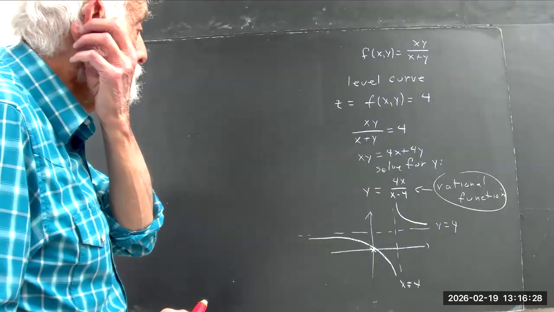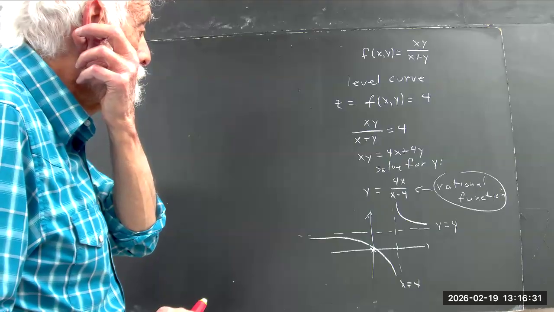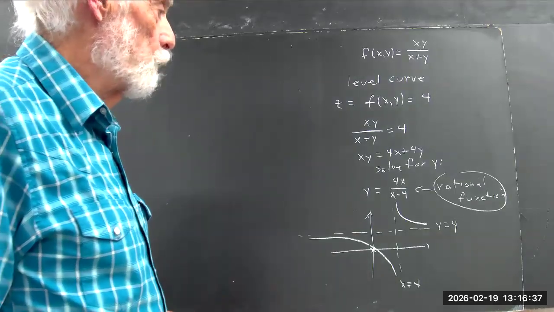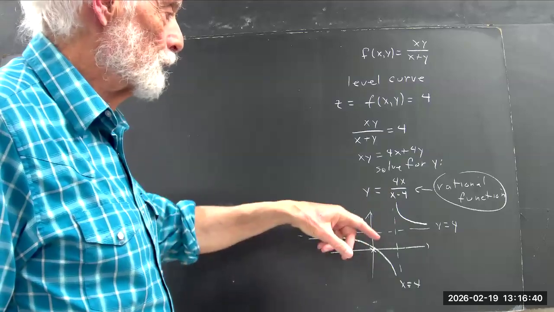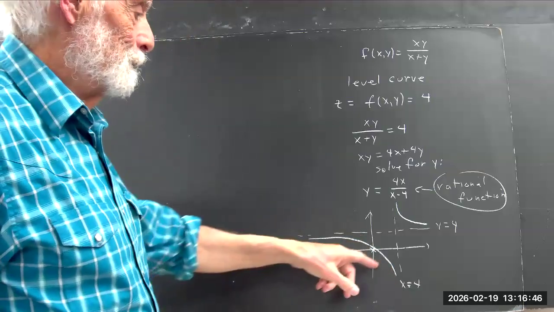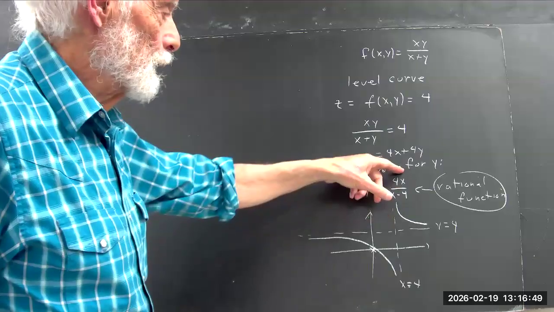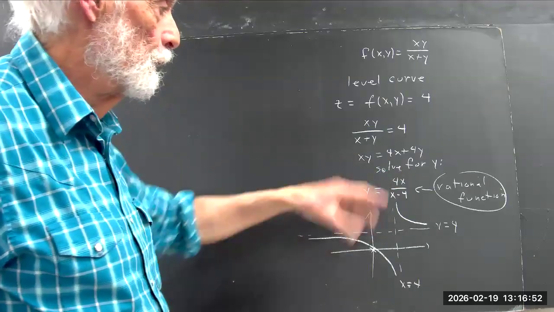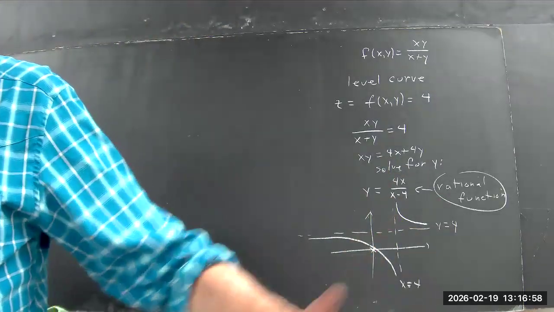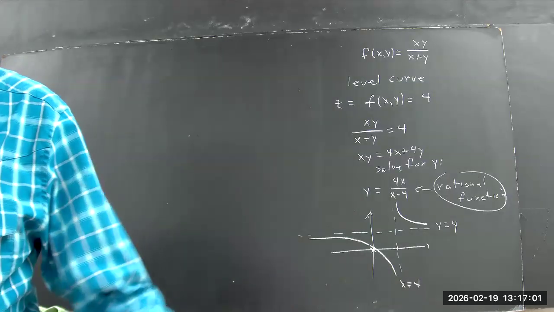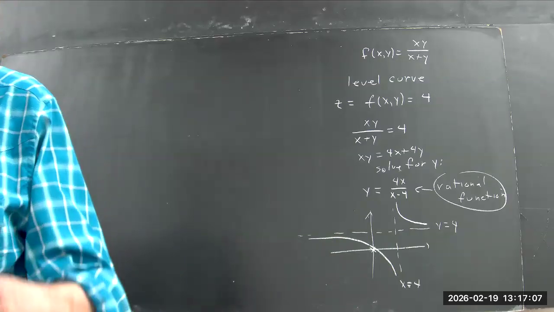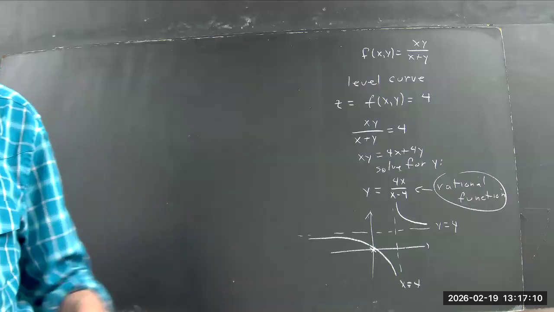And the other thing you want to look at is if x is between 0 and 4, x minus 4 is negative and 4x is positive, so that the graph will be in the negatives. Okay? Then to the left of that, x is less than 0 and x minus 4 is still less than 0, so you get a positive. All right? Those are the things you want to think about and look at, because anything could pop up. I don't know, you're going to run into a rational function on your homework. I haven't looked specifically at the problems, but at the whole idea behind them. And that is